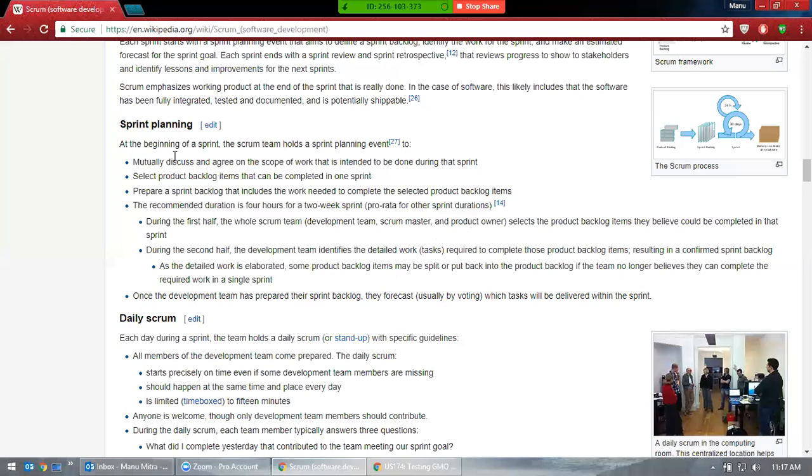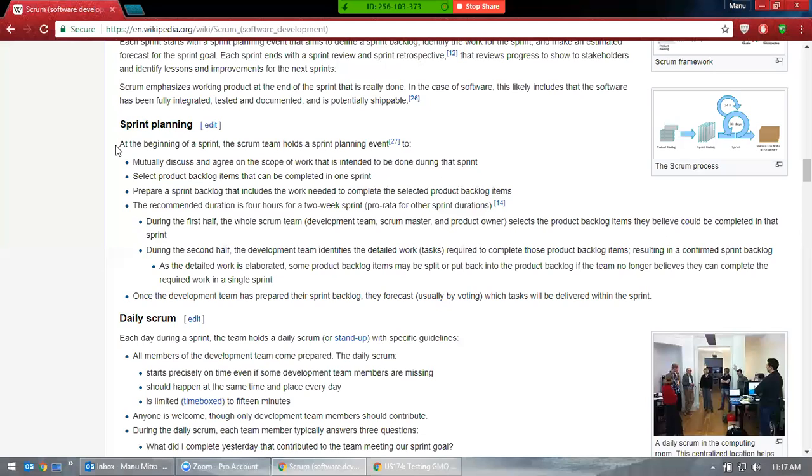Okay, so obviously, as a tester, you might not talk well here because you really don't know what's happening to the project, because this is driven more by development people. They'll be having more idea because they know what's going on with the application. But as a tester, you don't know what's happening to the application. Okay, so that's about the sprint planning.